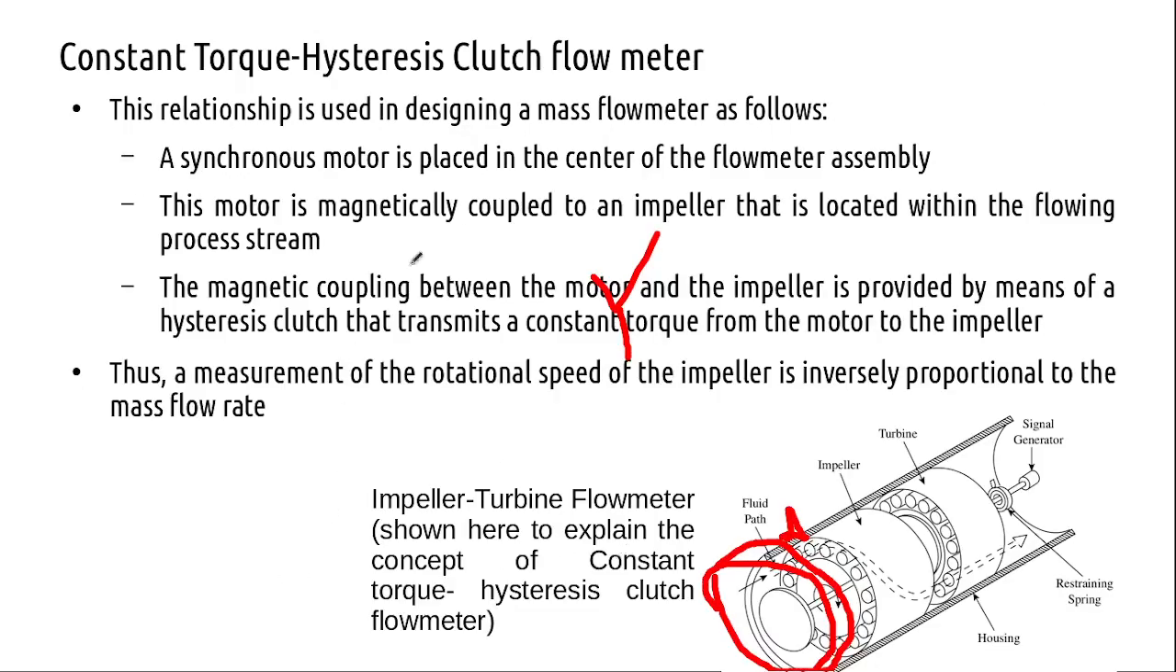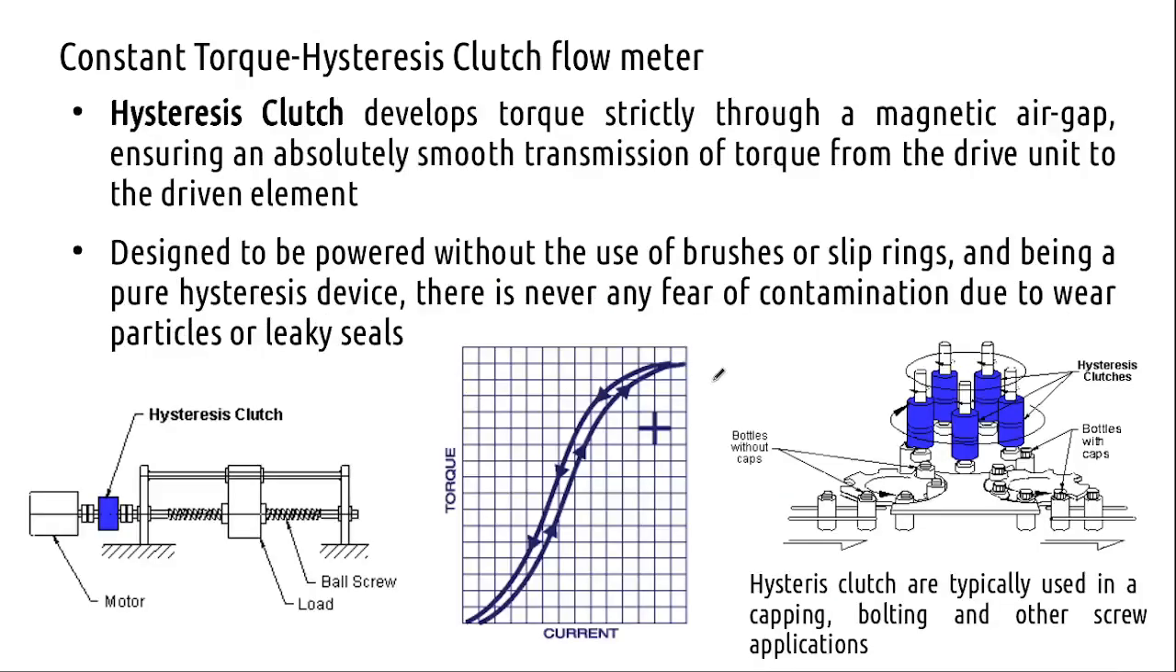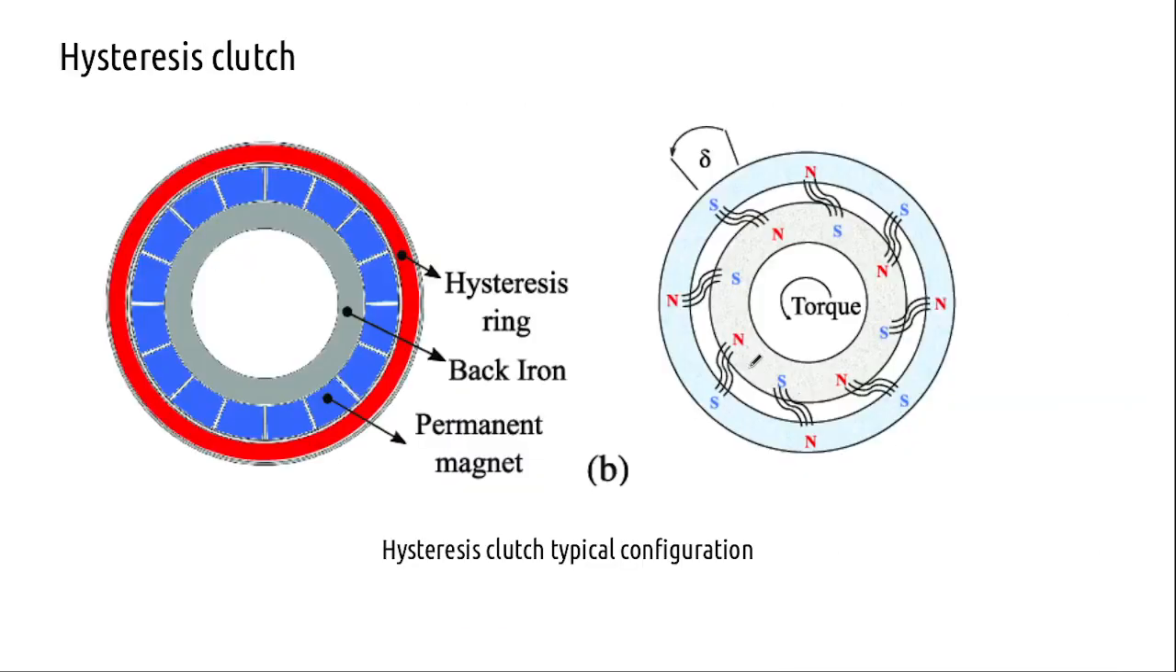So this is the constant torque hysteresis clutch mass flow meter. Constant torque hysteresis clutch mass flow meter. Again,